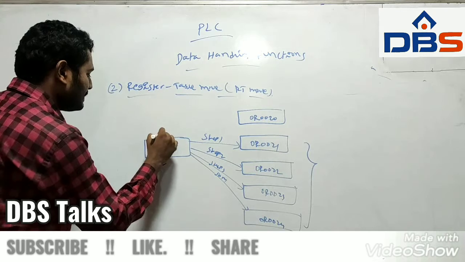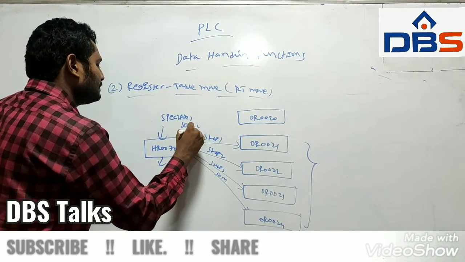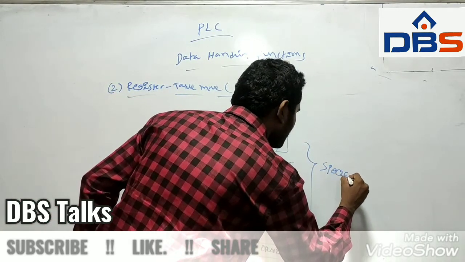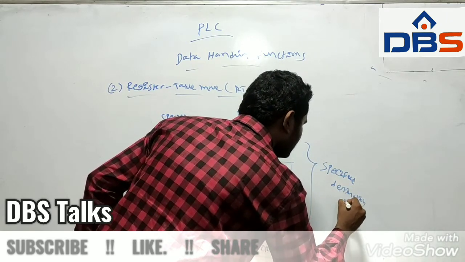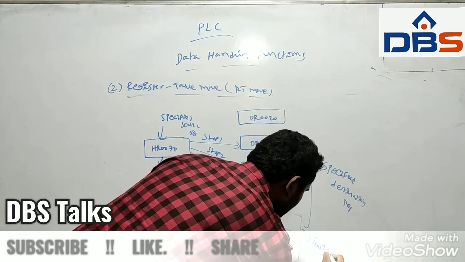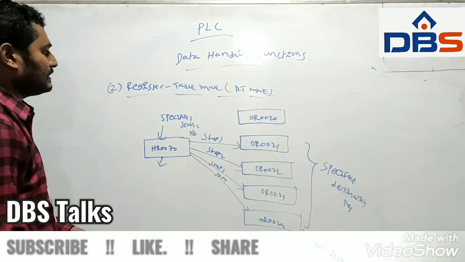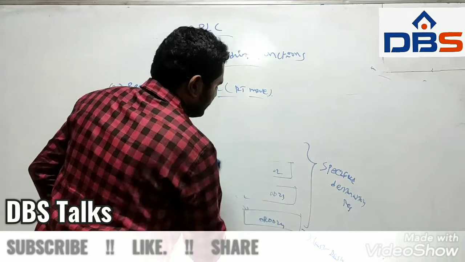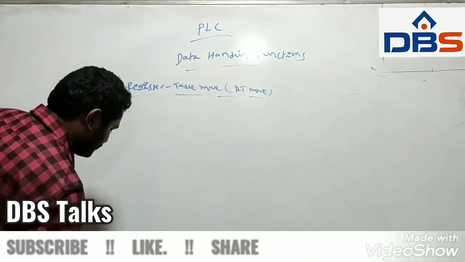So here this is the specified source register, and these 4 are the specified destination registers. In this case this one is the last destination register. For this purpose I am taking the block format for the register to table move. So here I am taking one block format for the register to table move function.